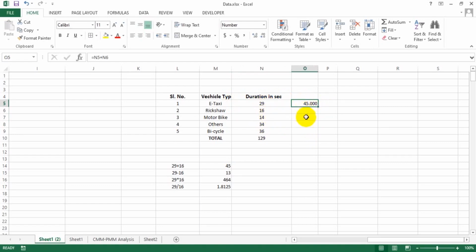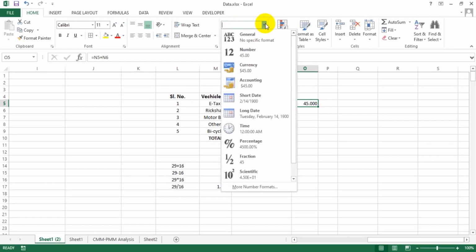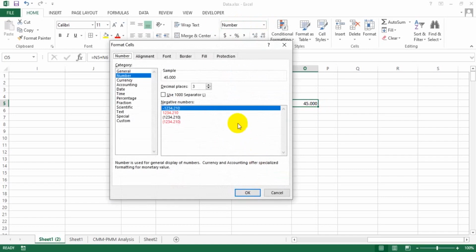this cell. Another thing you can observe from this cell is that there are 3 decimal points. You can control how many decimal points you want to show. To do this, find this number and go to More Number Formats.